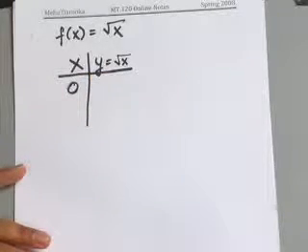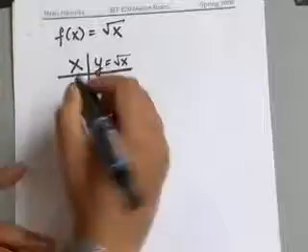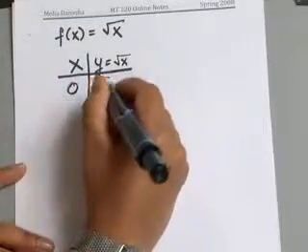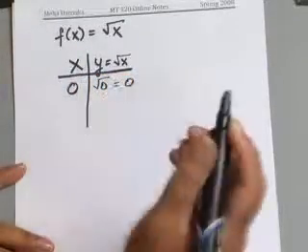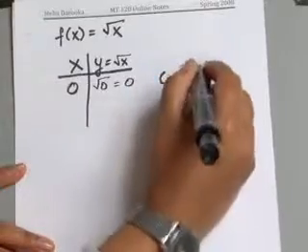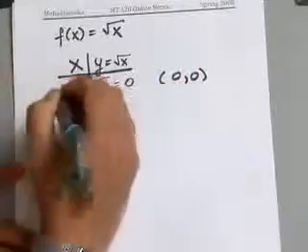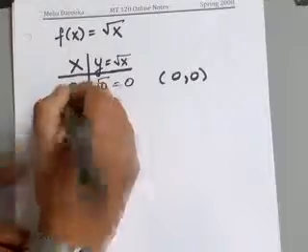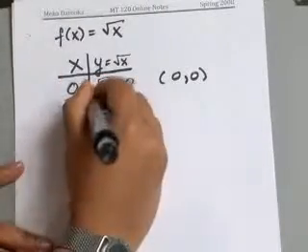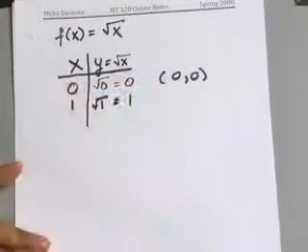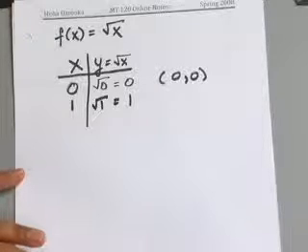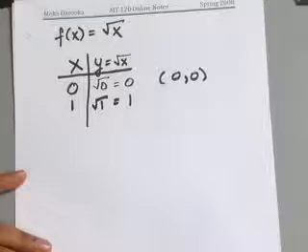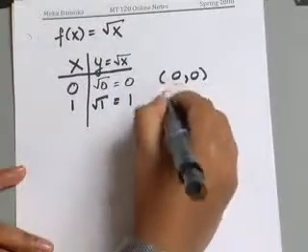If you take 0 as your x value, square root of 0 is of course 0, so that gives you your first point. If you want to use 1 for your x value, square root of 1 will be 1, because if you take 1 to the second power, you still end up with 1 as your answer,